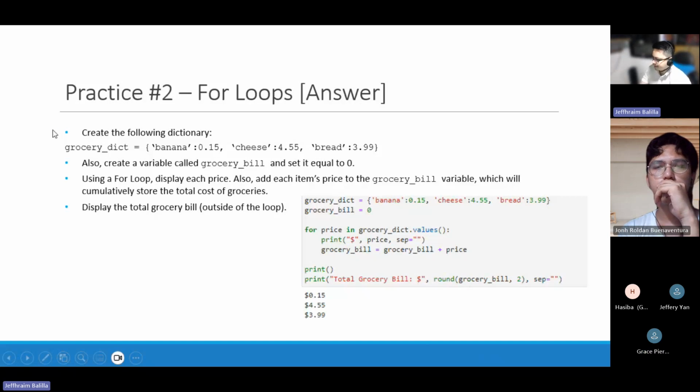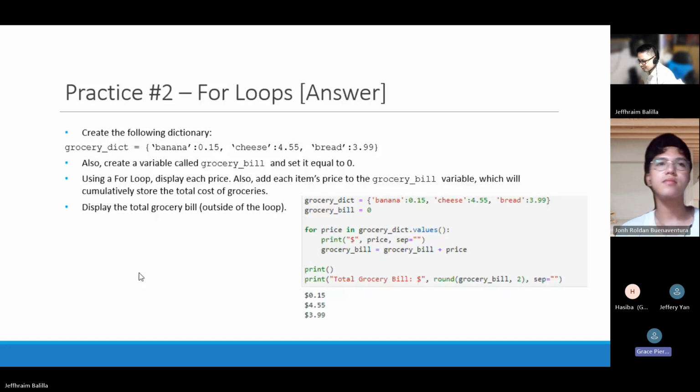Yep, Grace. Can you go over your first print line in your for in? It says print dollar sign price separator.